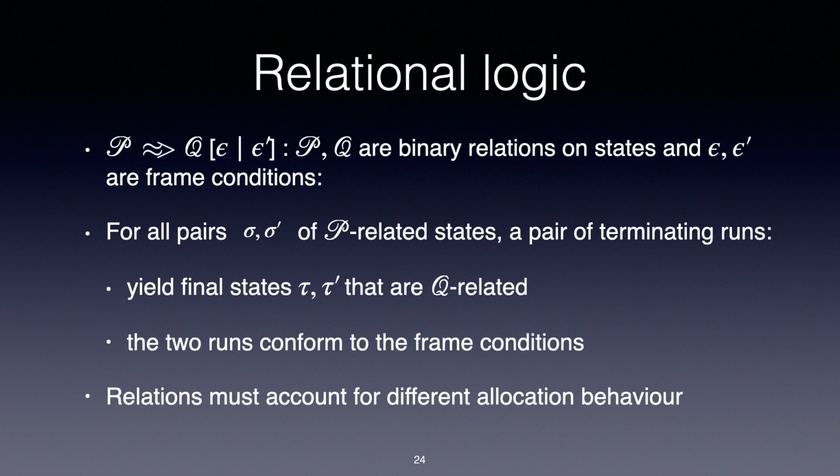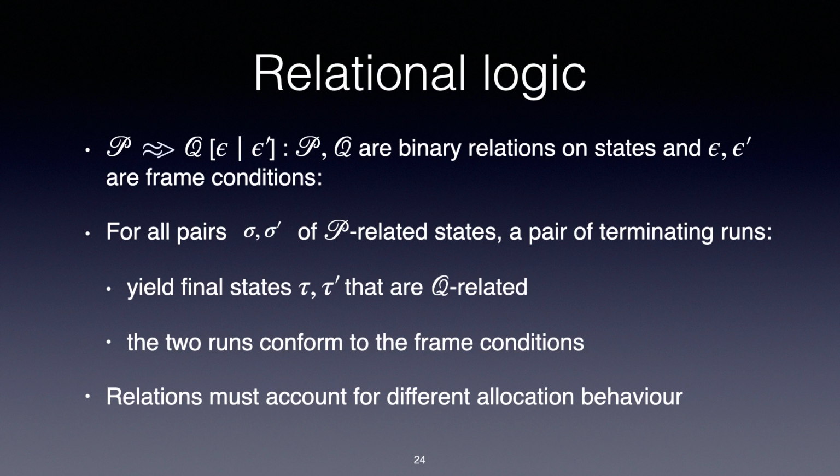Okay. I haven't talked at all about the relational logic, or given it in any detail, but let me at least tell you what the specs look like. You've seen how the specs look, but let me tell you the meaning of the spec. So if we have this kind of spec, P arrows Q, epsilon, epsilon dash, P and Q are binary relations on states, and epsilon, epsilon dash are frame conditions, and this means that for all pairs sigma, sigma dash of